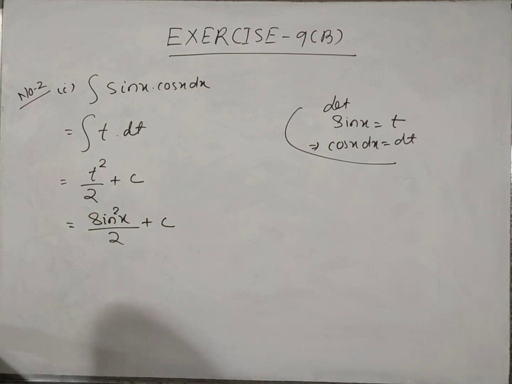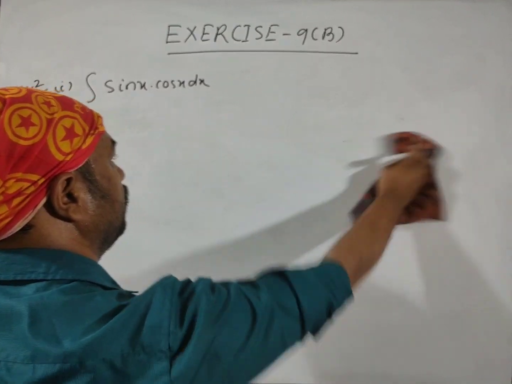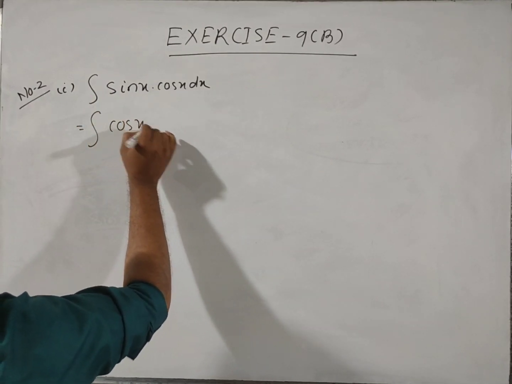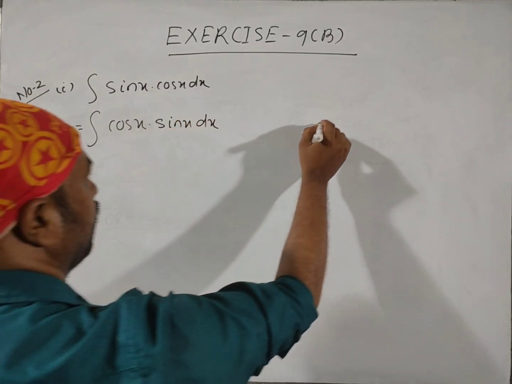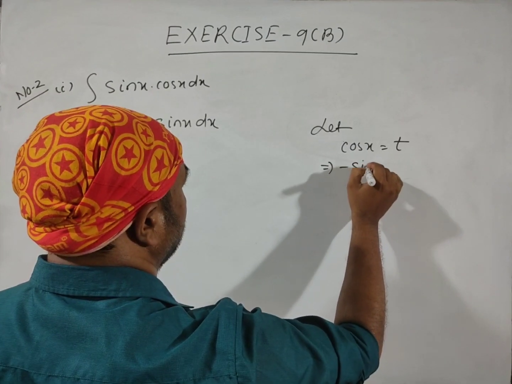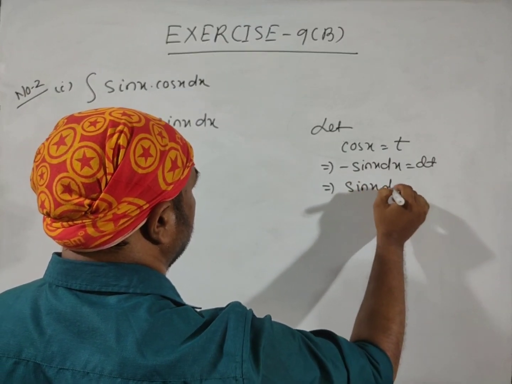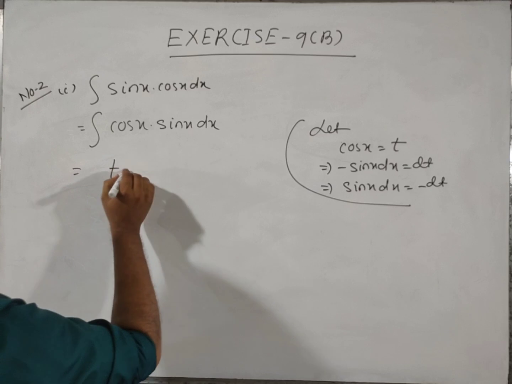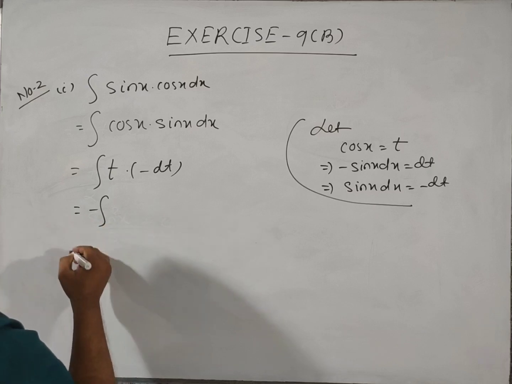Then let us go through the second method. Another method, we can express it in the form of cos x multiplied with sin x dx, and here let us consider cos x as t, so minus sin x dx is dt, that means sin x dx is minus dt. In place of cos x we put t, in place of sin x dx it is minus dt, so it will be minus t dt,